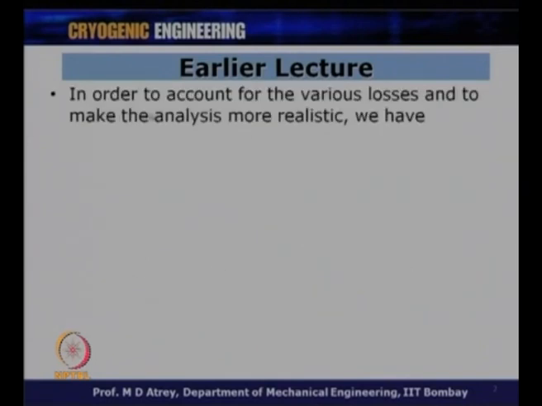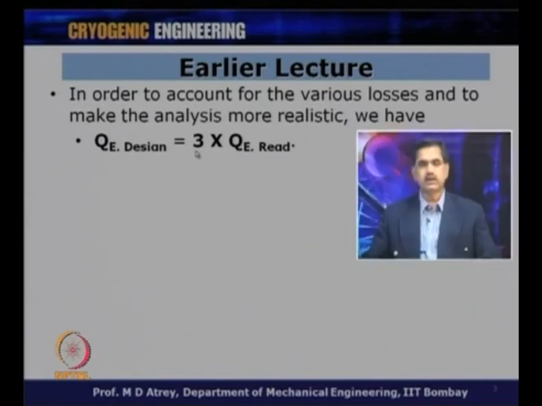Also, we understood that in order to account for the various losses and to make the analysis more realistic, we took some QE design value, that is the cooling effect required for the designing aspect, and that we took as 3 times QE required. So, if the actually required QE is, suppose, 1000 watts, we designed the cryocooler for around 3000 watts or 3 kilowatts. This was basically to take into consideration the various losses, because we did not go into the details of calculation of each of the losses. So, this is the kind of factor of safety which is used to design a Stirling cryocooler using